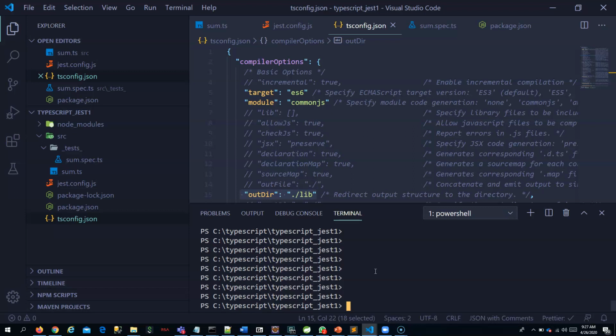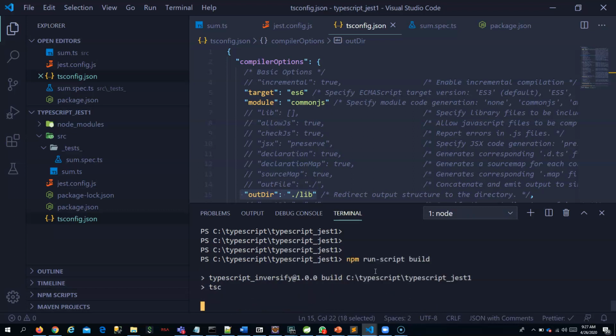Now just run npm run script build. Now it should build all your TS files as JS files inside the lib folder once this tsc is done.